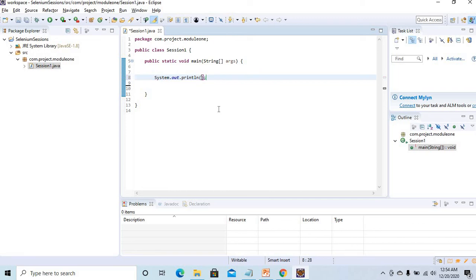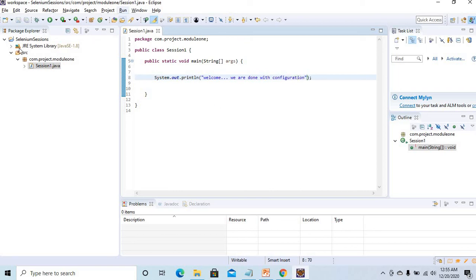If you type something and press control and space, it will give you suggestions. Now here I am going to write welcome. Okay, we are done with configuration. That's it, we are done.